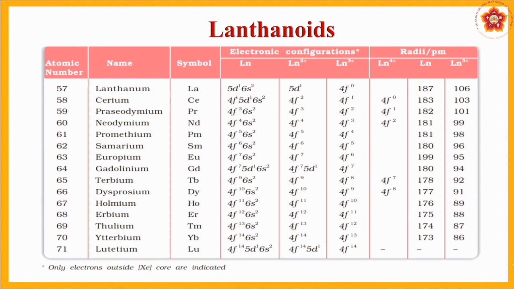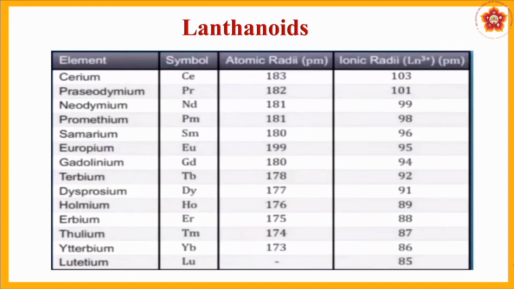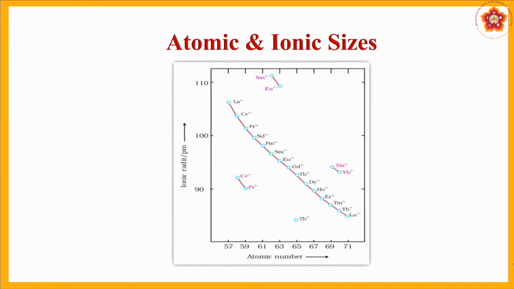So what does this mean? If you are able to remove all those 4 electrons, one from 4f, one from 5d, and 2 from 6s, you will come back to the noble gas configuration, and therefore only cerium tends to have a stable state at +4, or else generally everybody likes +3.